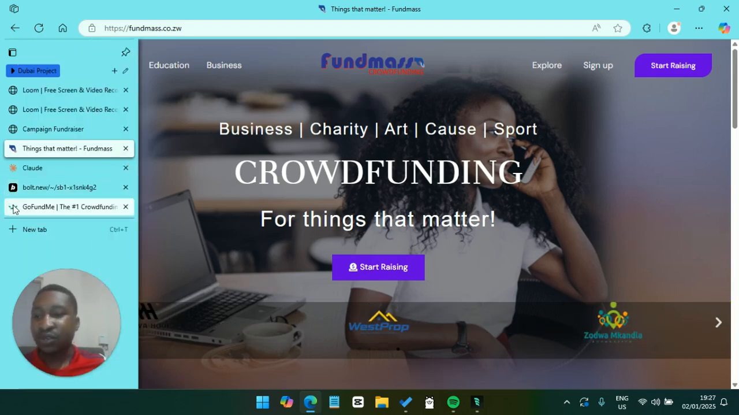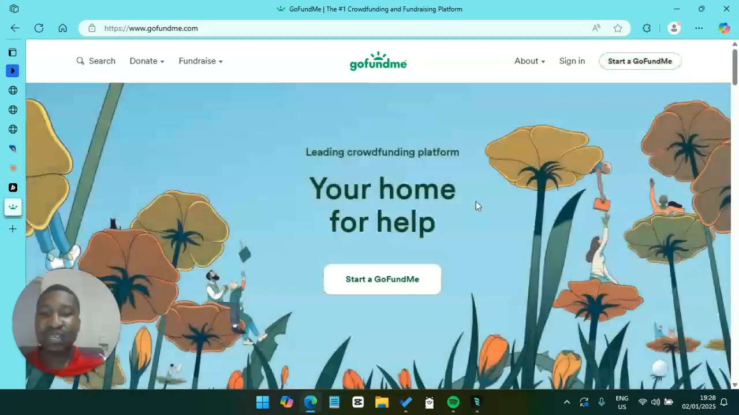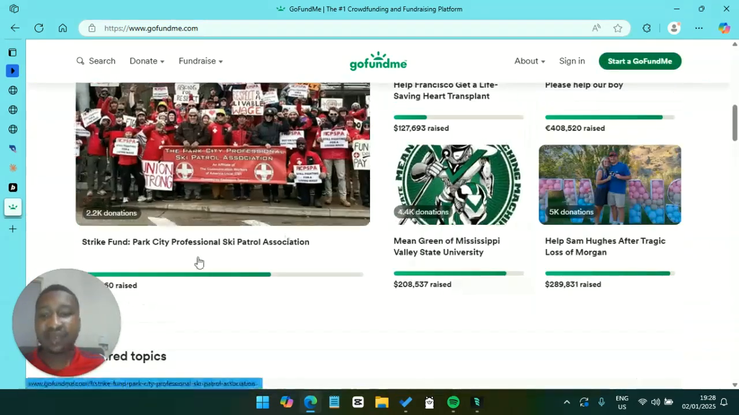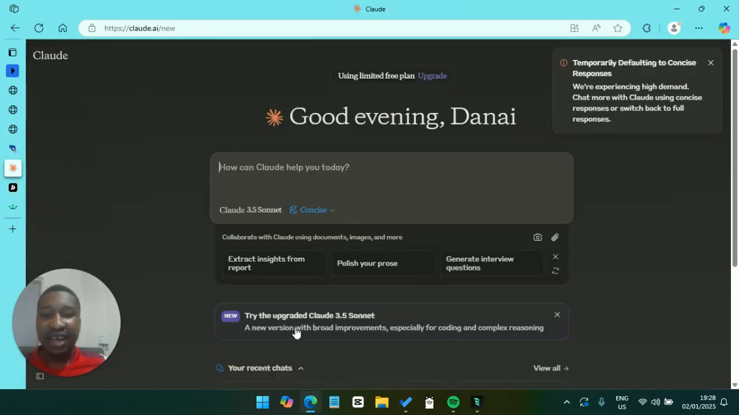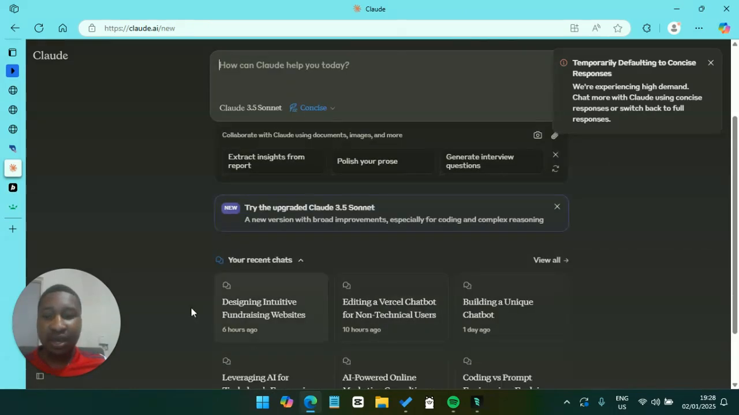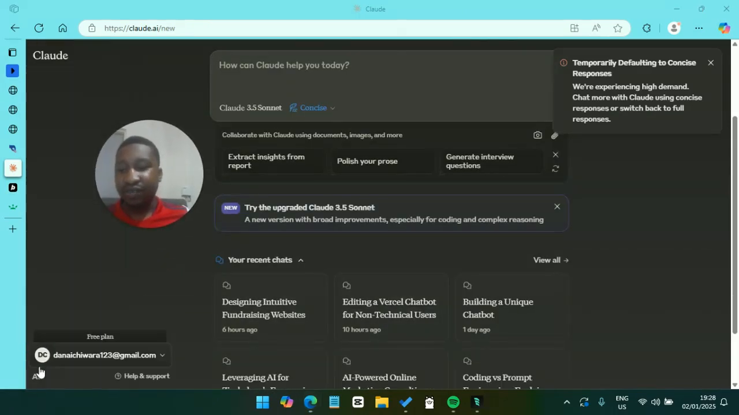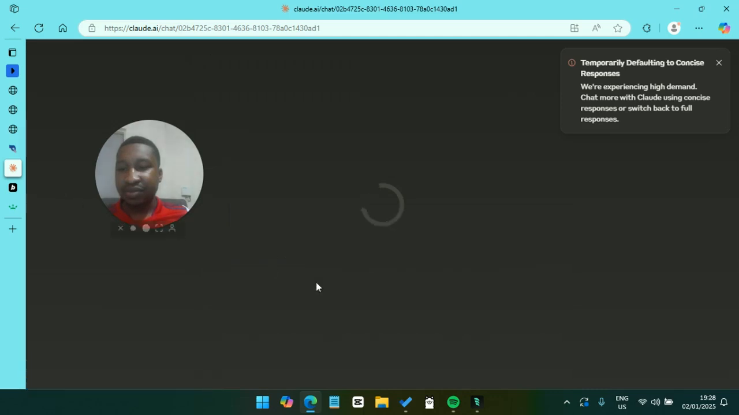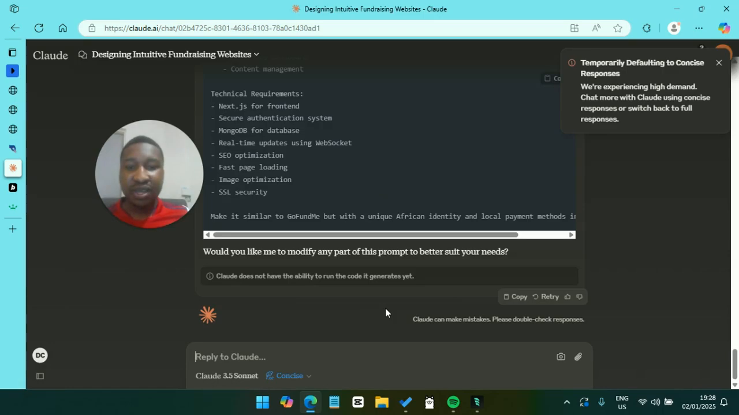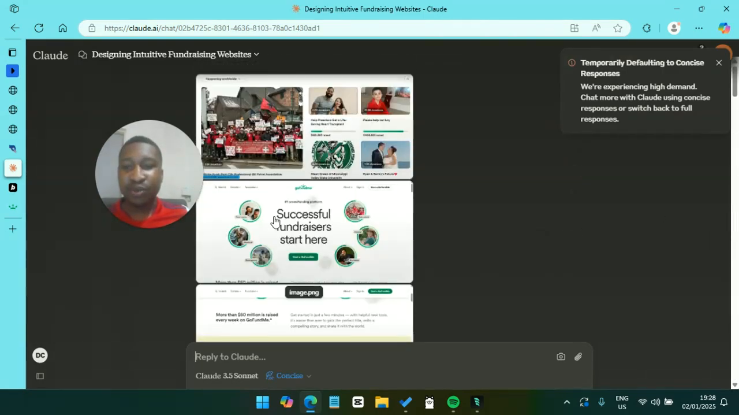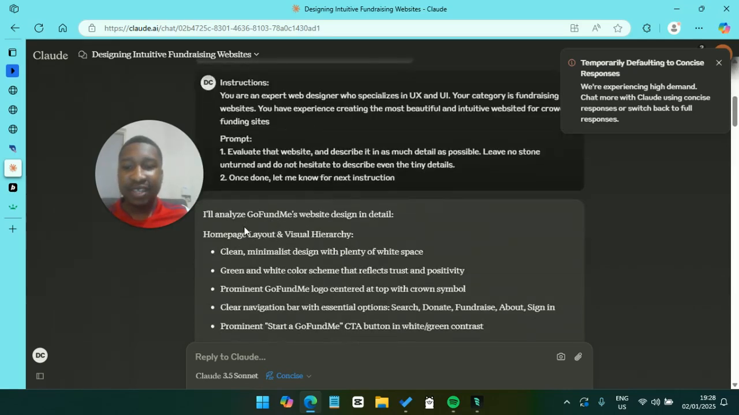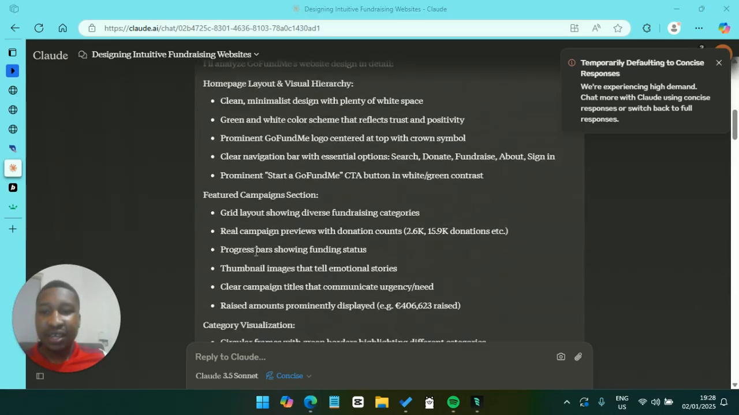So what I did was I went on the GoFundMe website because I thought it was a good example of what a nice website should look like, with the progress bars and everything. Then I went on Claude, and then I gave it a prompt. Let me just look for the prompt. Yes, so I gave it a prompt to analyze screenshots from the GoFundMe website, and then after that, I asked